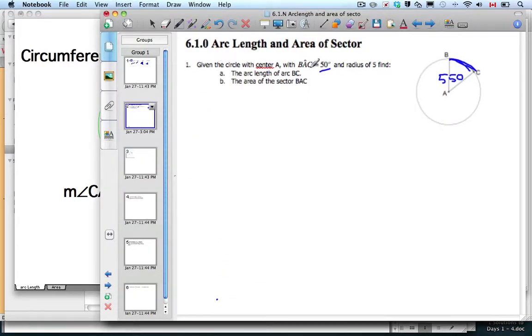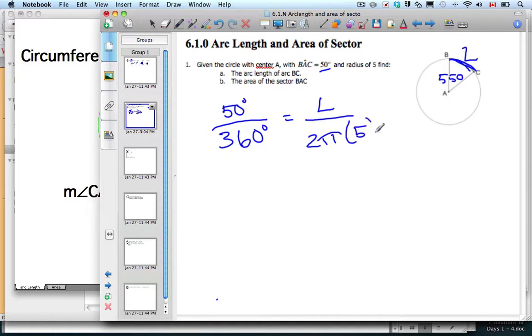So let's use that idea here. If I have 50 degrees as my part, the whole would be 360. Since the ratios are equal to each other, we can set that equal to part of the circumference, which is BC, I'll call it L for arc length, over the whole circumference. That's easy: it's 2 pi r, and our r is 5. Now I just have to cross multiply to solve this. I'm going to cancel out my zeros to make it easier, so I have 5 times 10 pi